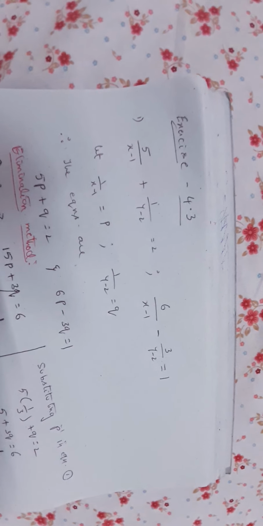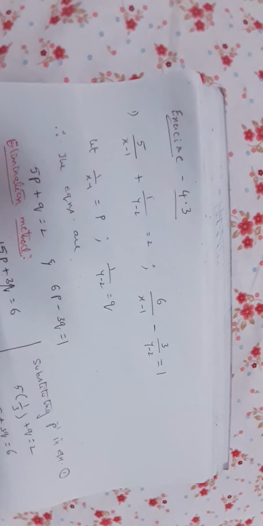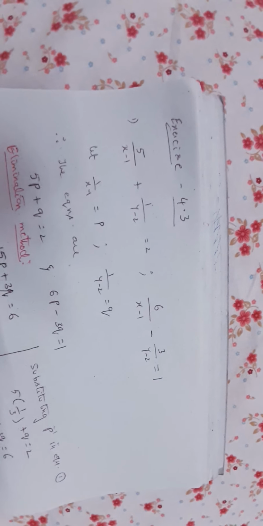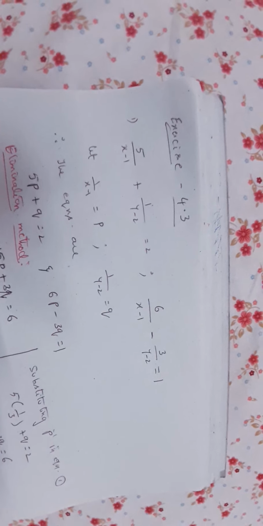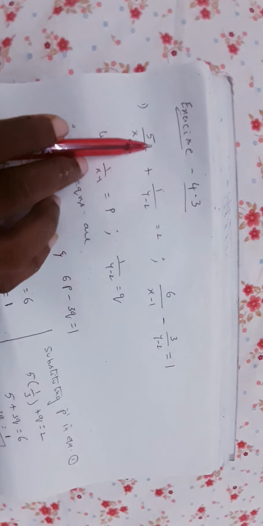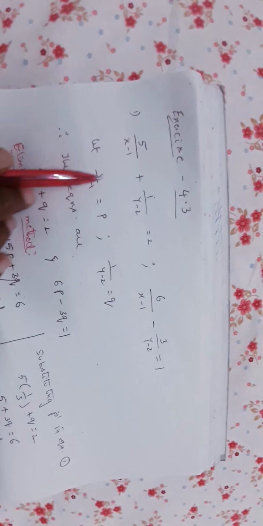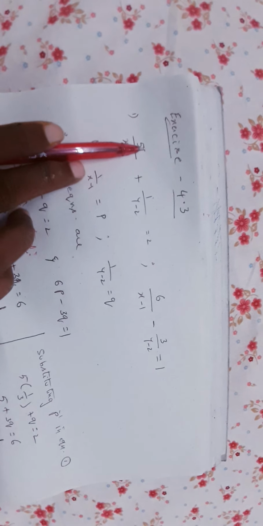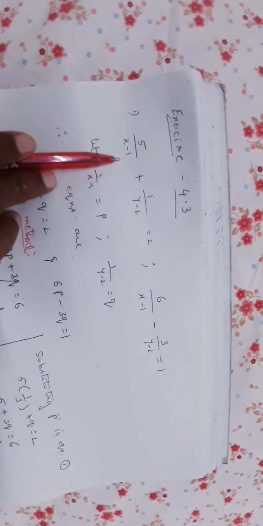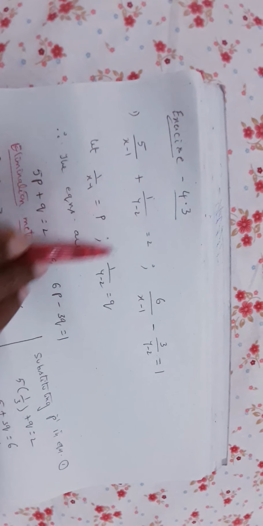So here, in the equation given in the problem, the variables are in the denominator. So we have to reduce this particular equation into a linear equation. For that, we look at the variable part. What is the variable part of this? 1 by x minus 1, where 5 is a constant, so 5 into 1 by x minus 1. Let us assume that to be p. Now 1 by y minus 2, which is q.